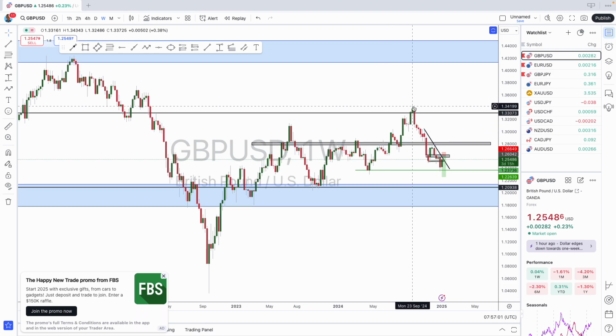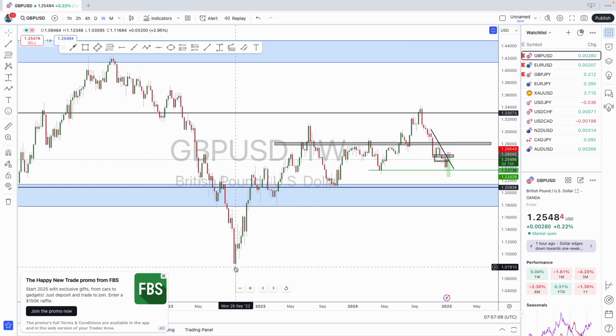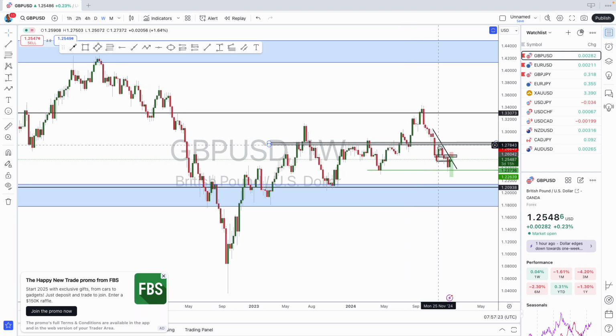Now, this is a bearish engulfing candle on a weekly that has signified a turnaround in trend. We had this move to the upside. We're having higher highs and higher lows, but we got to a point, we had a bearish engulfing candle, and then we started heading lower, causing lower lows and lower highs, as you can see here.